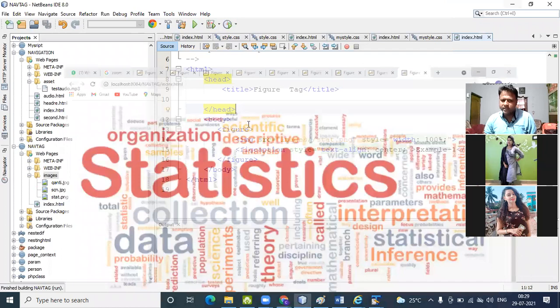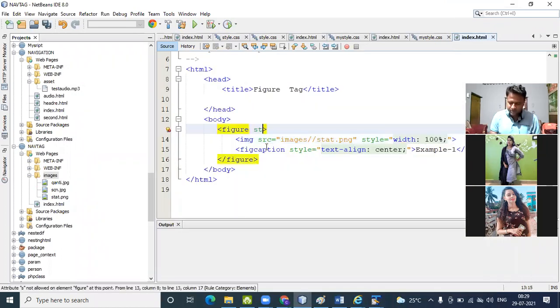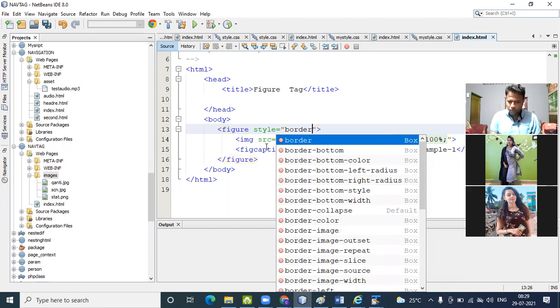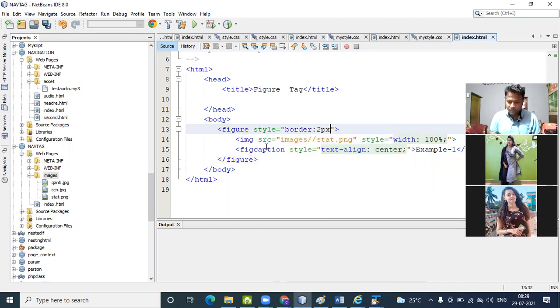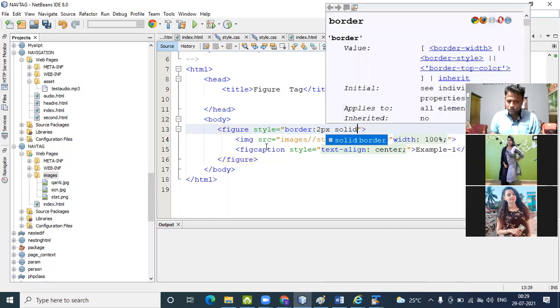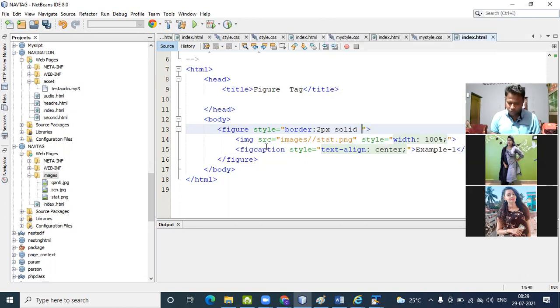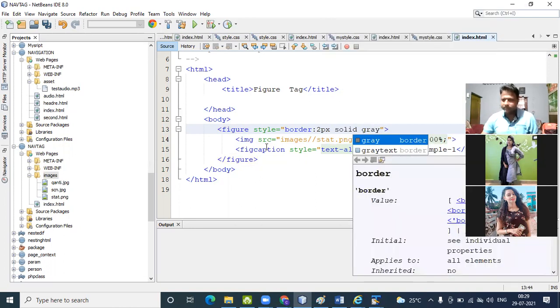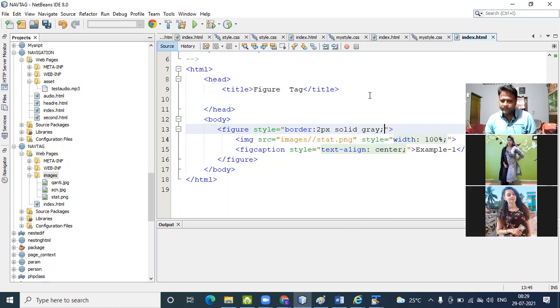Okay. Then in the figure we can also pass some kind of border. Style is equal to border colon 2 pixel solid gray color that I have passed, so that it shows up in a different way.